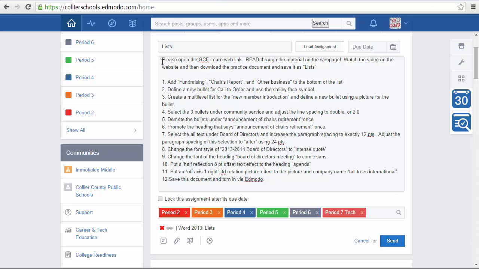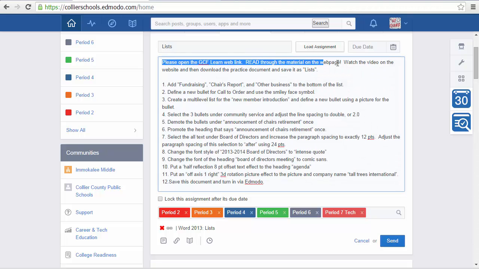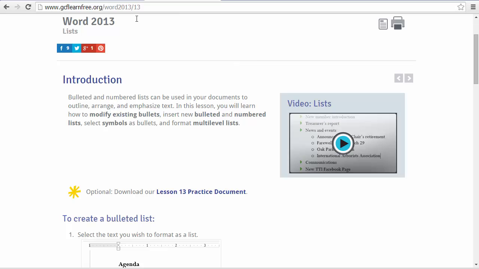Please open the GCF Learn web link, read through the material on the web page, watch the video on the website, and then download the practice document and save it as list. This is very important that you read through the material on the web page and that you watch the video on the website before watching this video, because it helps a little bit with how to solve some of these tasks. So what you're going to do first, open up the link, Word List 2013,